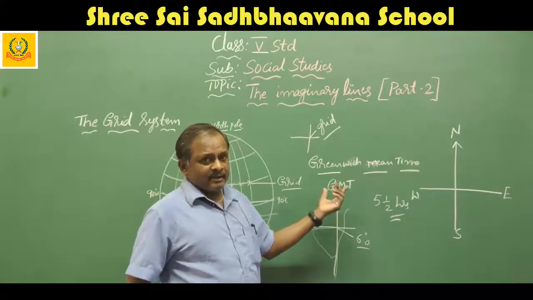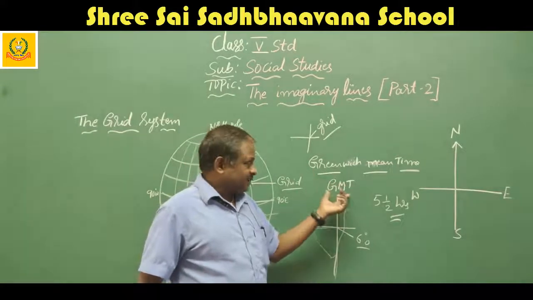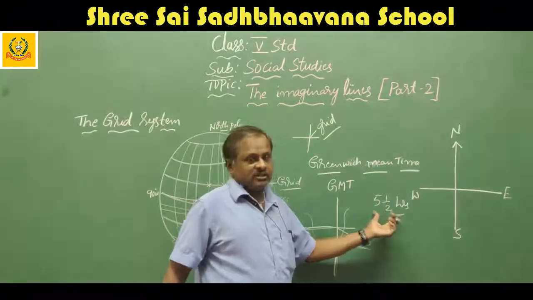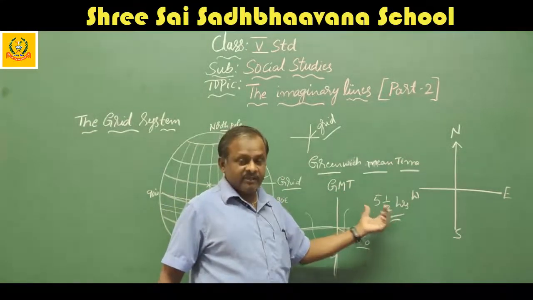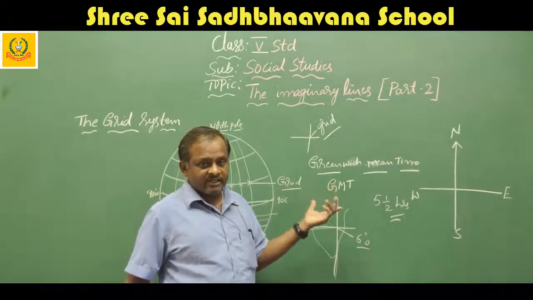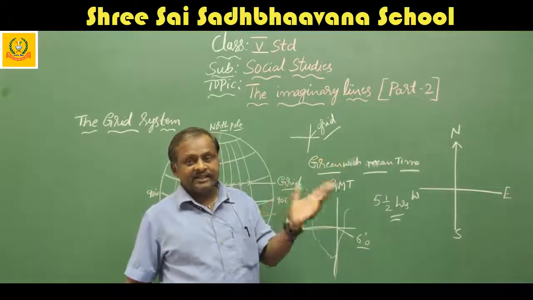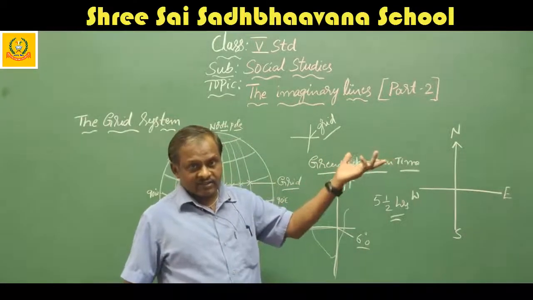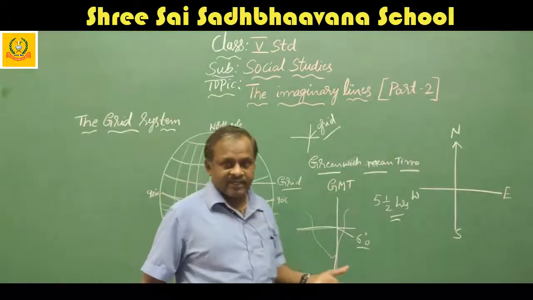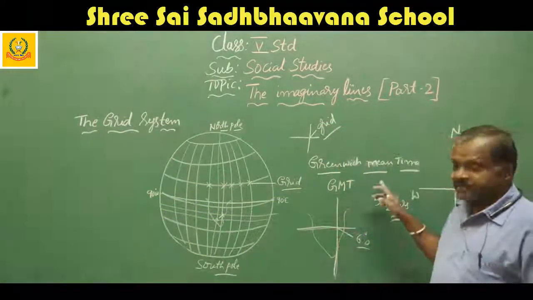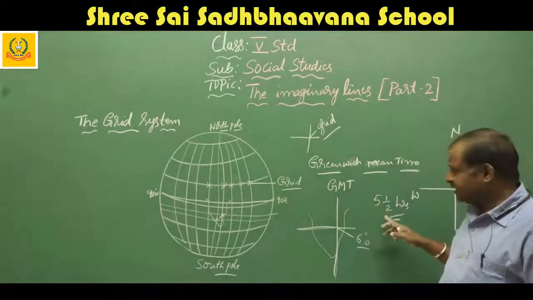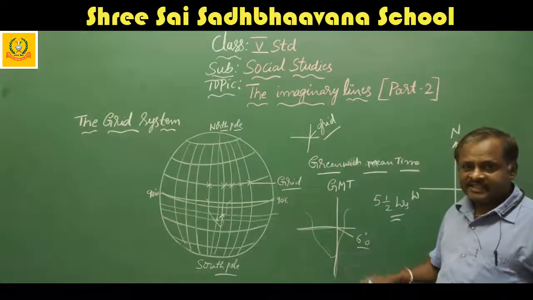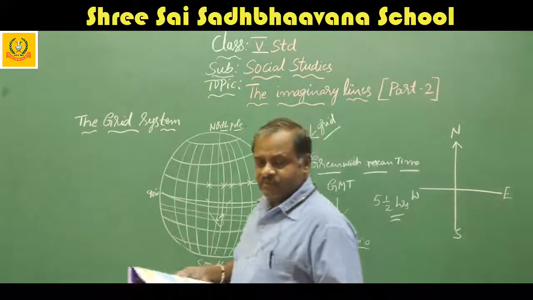We are fixing one time on the world map, and according to that, all are fixing their time. For example, Greenwich Mean Time is 5.5 hours slower than our Indian Standard Time. Why? Because when you travel to other countries, the time will change, so you have to set your watches or follow their clocks. To standardize the world time, this Greenwich Mean Time is fixed. Here in our India, we fixed the time near Allahabad as the standard time, that is Indian Standard Time. Next we will go to maps.